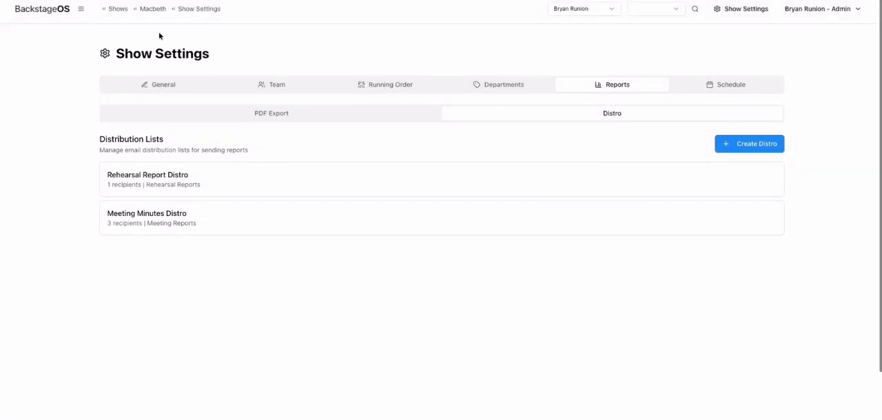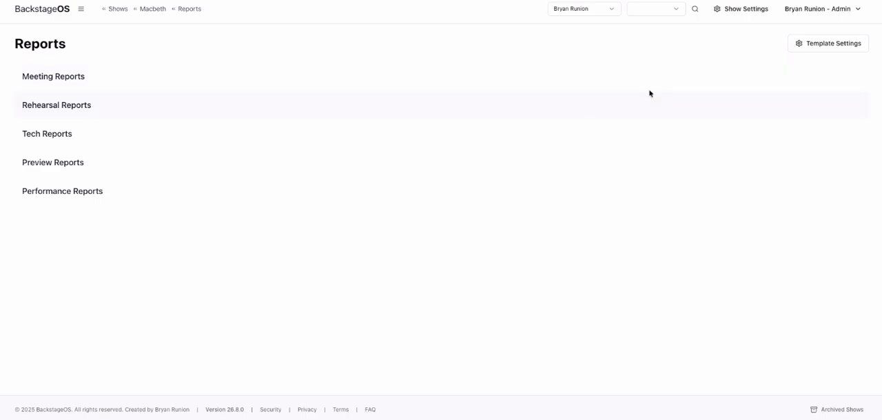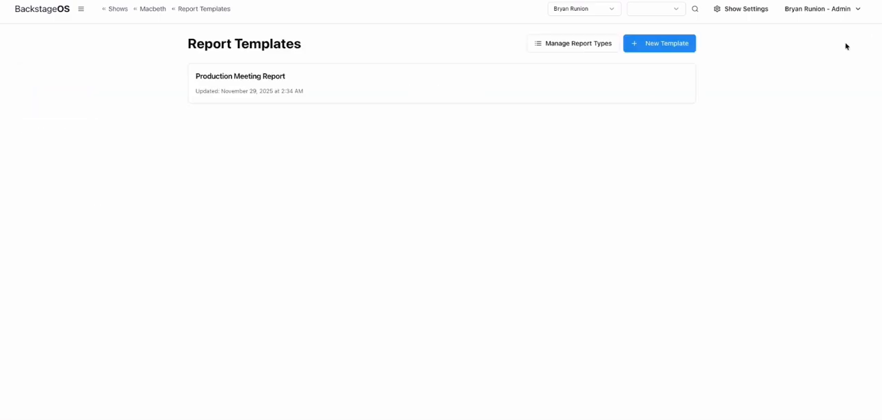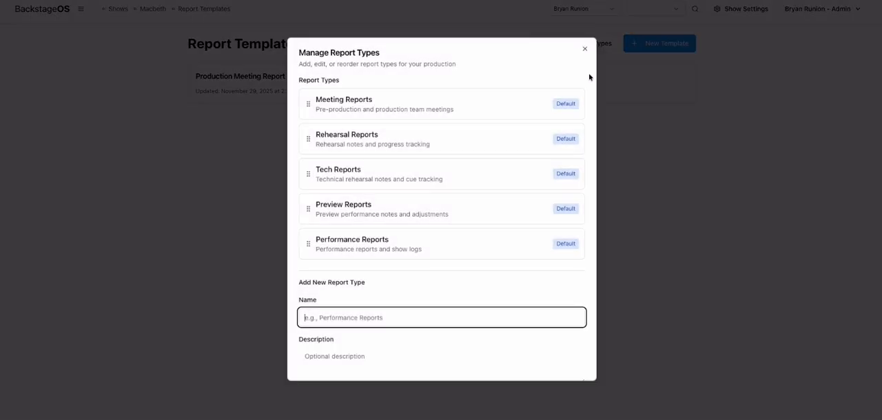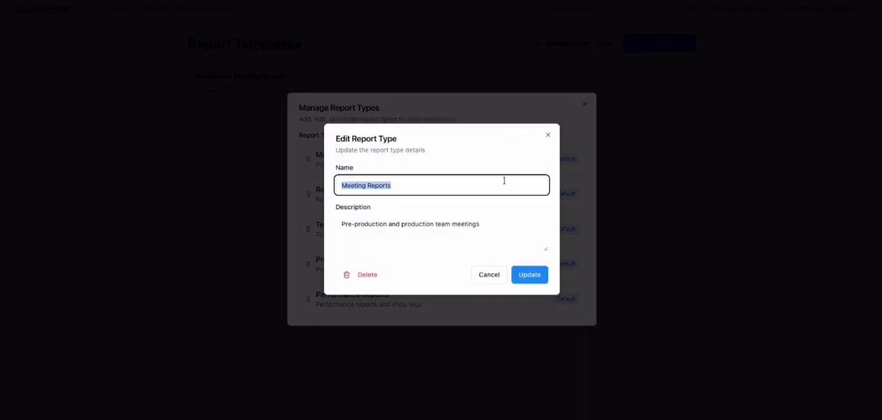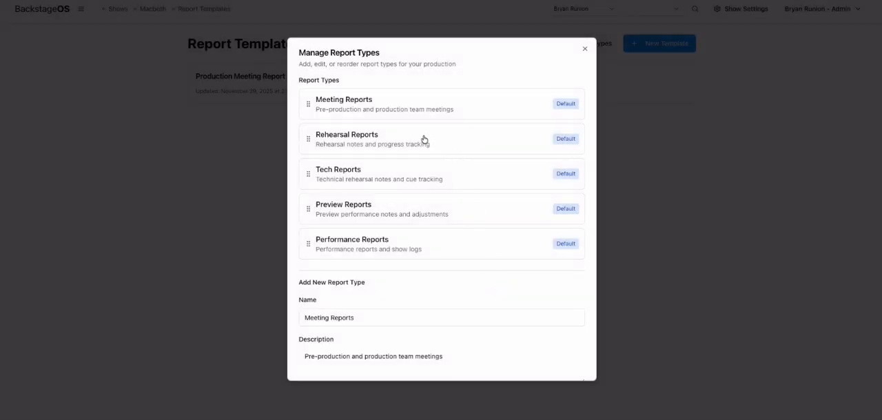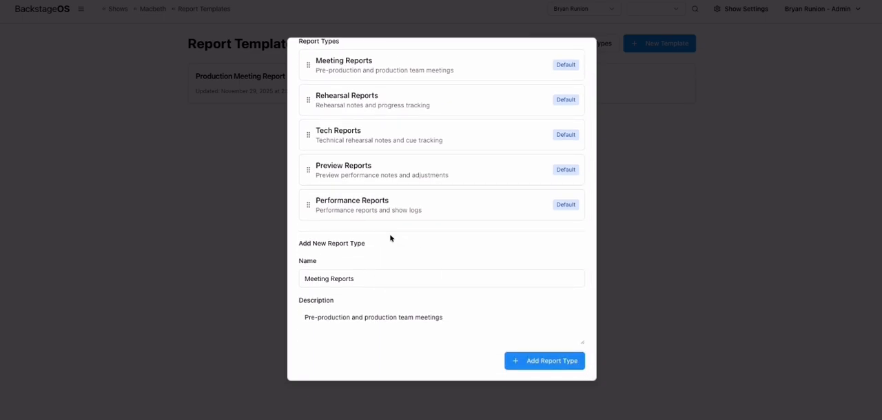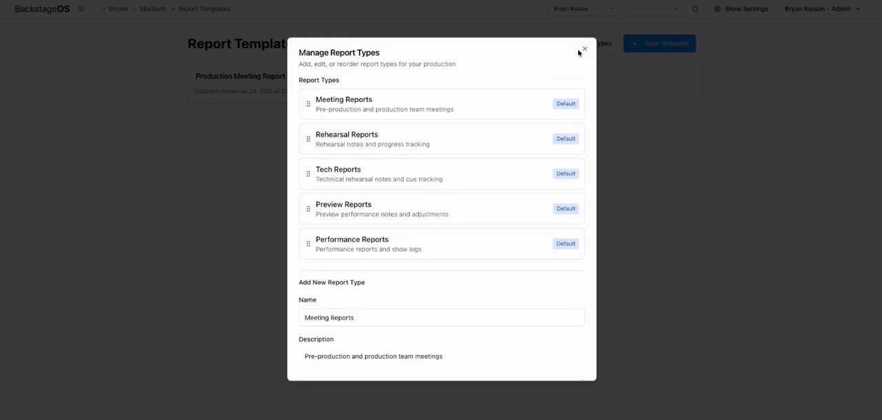So now that you've seen this, I'm going to go back into reports, and if you click on the template settings, this is where you can manage your report types. Like I said, these are the defaults. You can click on those, you can rename them, you can delete them, modify, update. You can also click to drag and move these in a different order, which will modify the order of where you see those everywhere else. You can create a new one here, and it'll populate in the report type here,